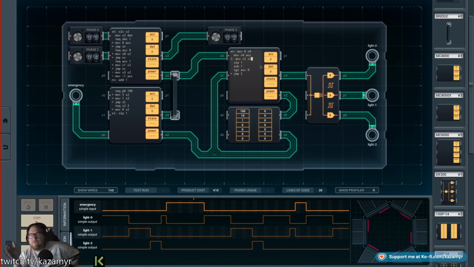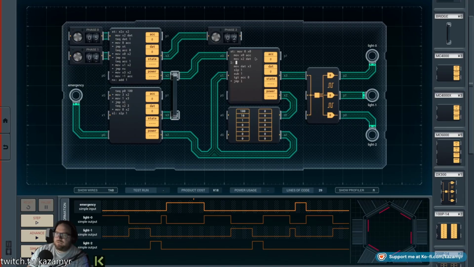Because we need to read the light every round. Otherwise, we get stuck in... I mean, I guess we could just test the address and jump out of there. Yeah, we could test the address, so we could move x2 to dat, and we'll go back to dat, but